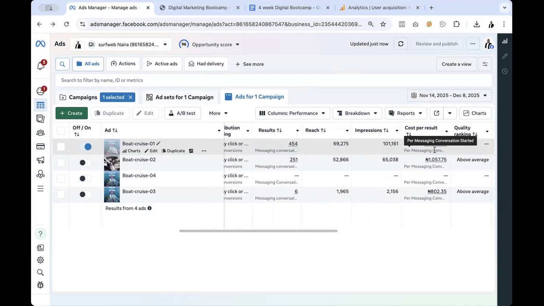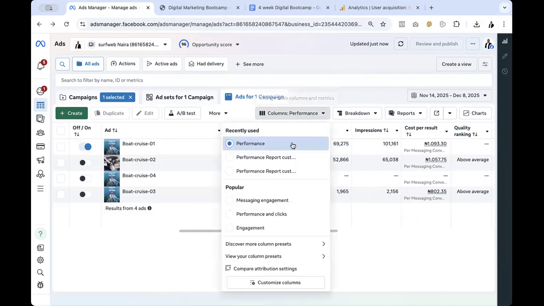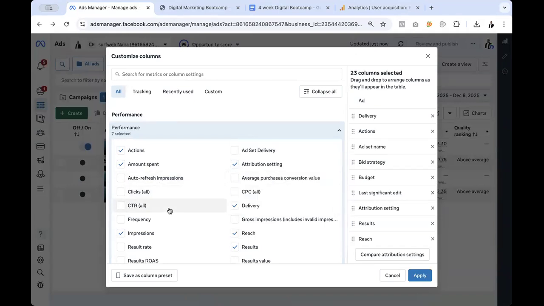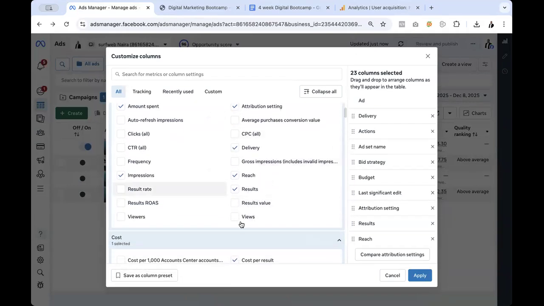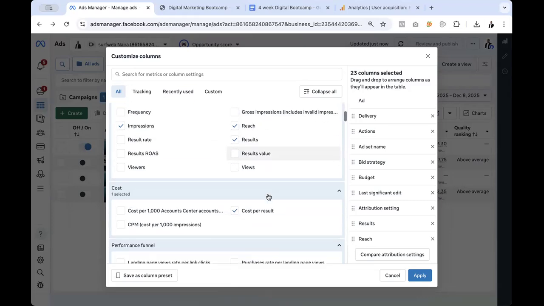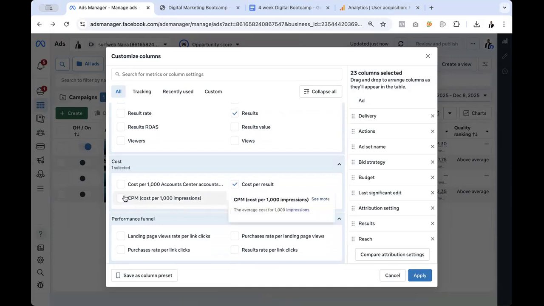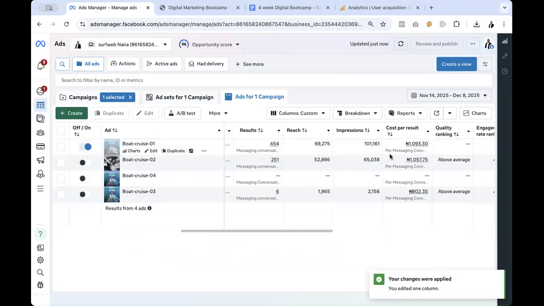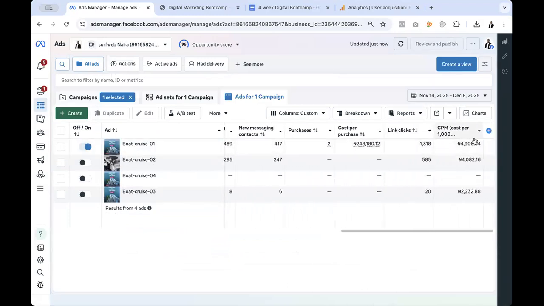Always is a default. So if I can customize this by coming here and say maybe I want to customize it and find CPM to come, so you can see, because you cannot just add everything to the dashboard everywhere with it. So can you see now CPM 1,000 impressions? I just added it now just for this purpose. So can you see how much 1,000 impression for that particular cost? 4,906